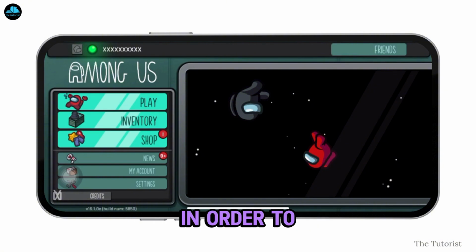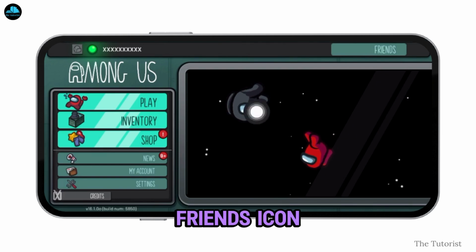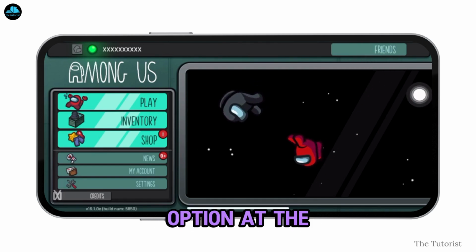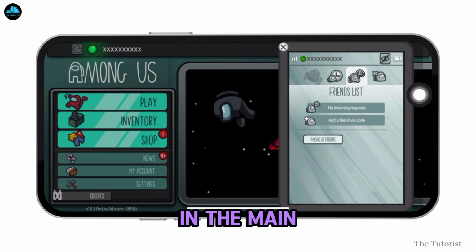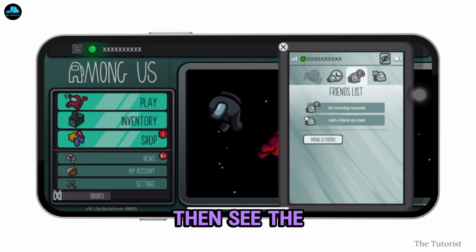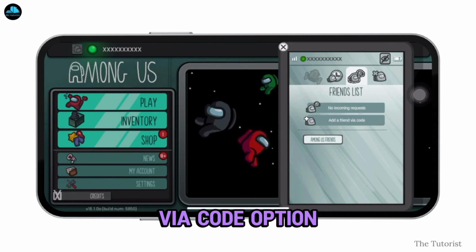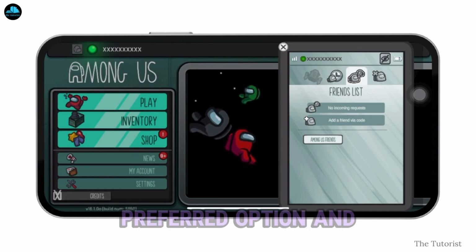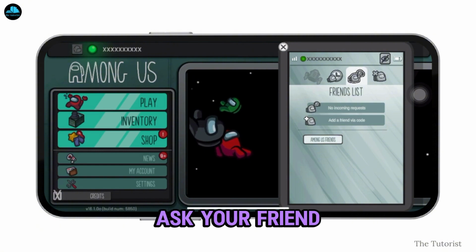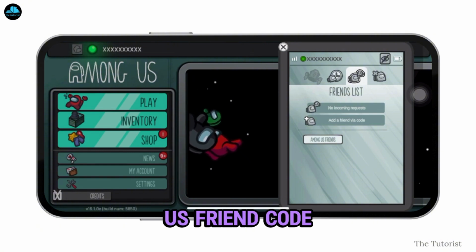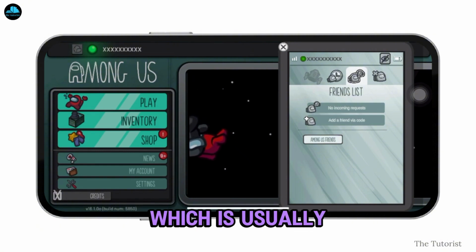Now, in order to add a friend, tap on the friends icon or the friends option at the top of your screen in the main menu. You will then see the plus icon or add friend button or add friend via code option. Tap on your preferred option and further ask a friend for their Among Us friend code, which is usually found